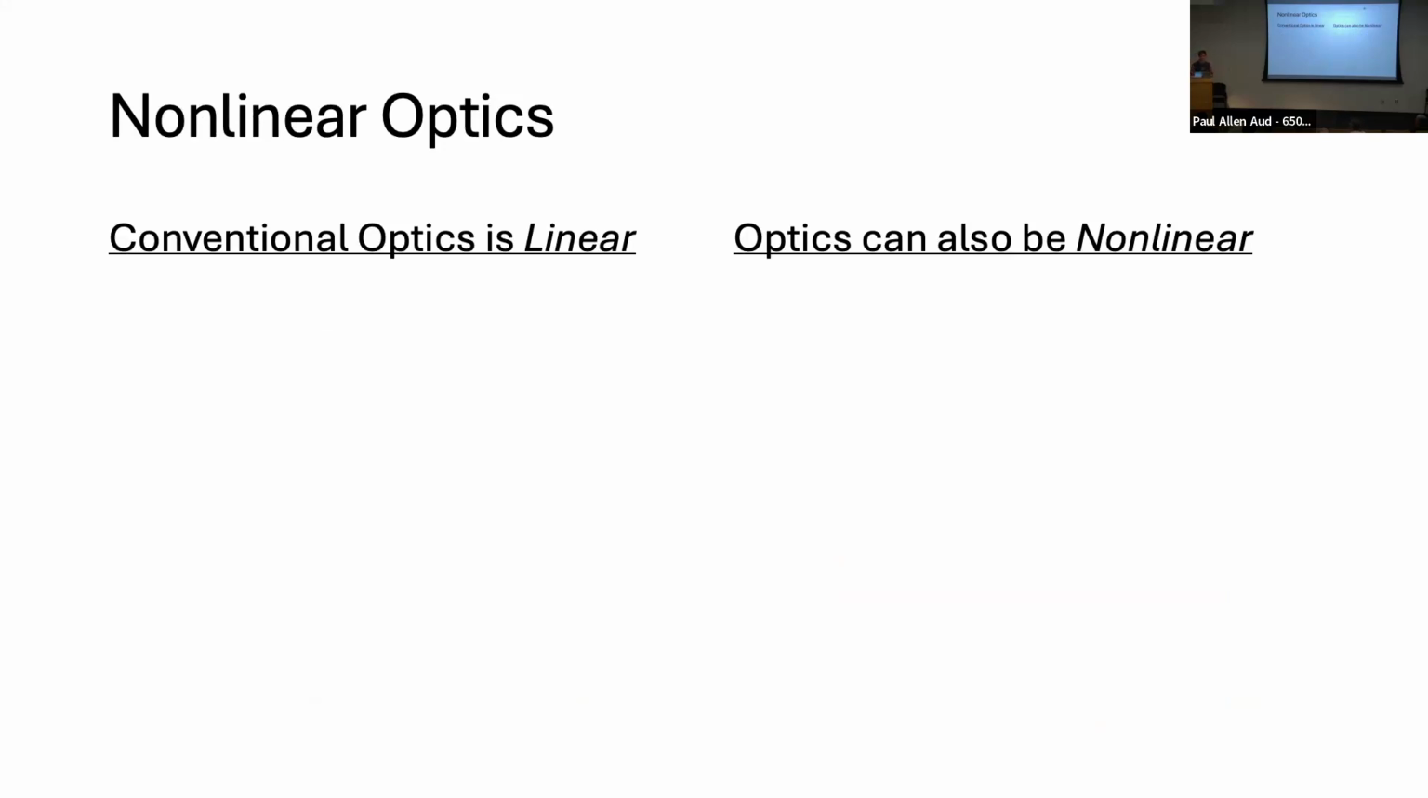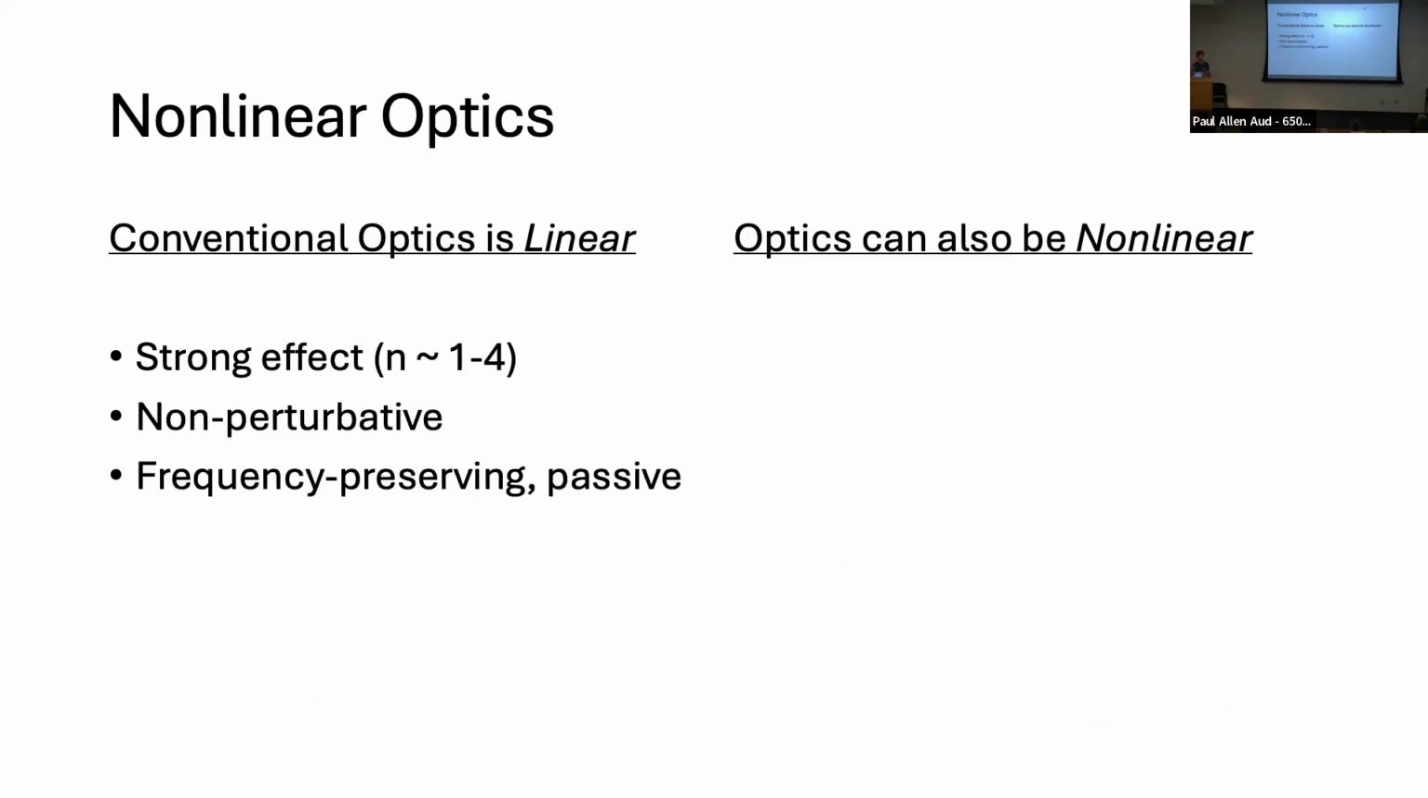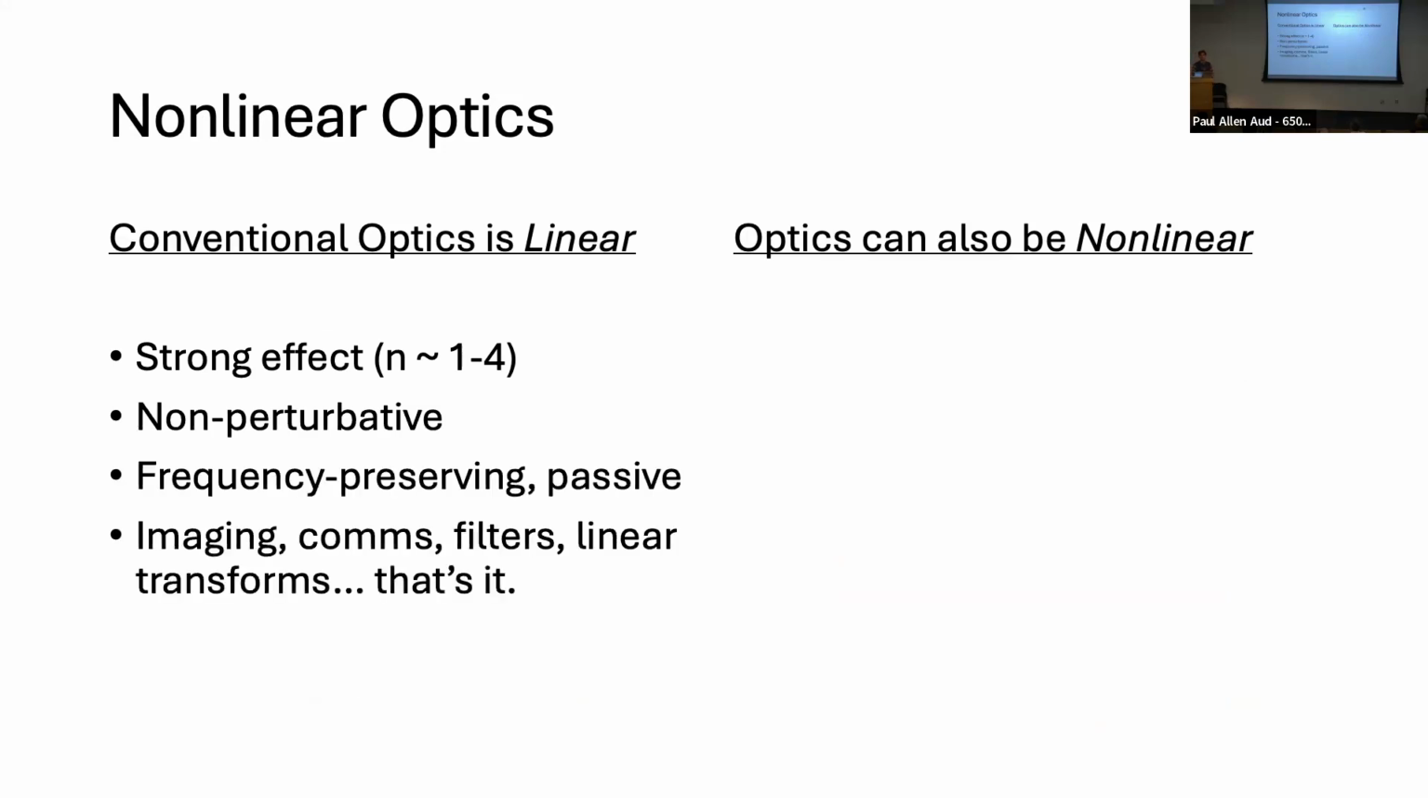So nonlinear optics, I think a good way to introduce nonlinear optics is to think about what most people think about optics, which is linear optics. So conventional optics is linear, which gives you strong light matter interaction effects quantified by the index of refraction. This makes it non-perturbative, but you also have very limited dynamics that's possible with linear optics. It has to be frequency preserving, passive, and so you can do imaging, communications, filters, linear transformations, but that's about